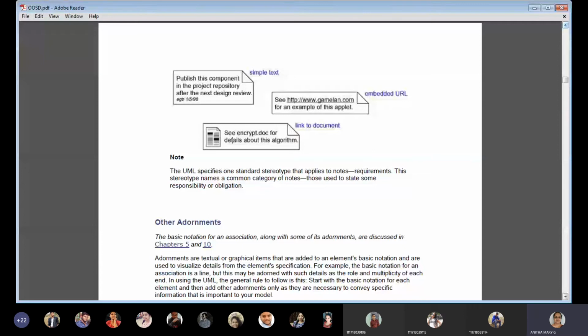Graphically, if you want to show the same thing, simple text means that in the graphical notation of a note, you write whatever free-form text you want. Embedded URL means if you want to give any link or URL, that can also be included in the note. Or if you want to give a link to any other document, that can also be given.